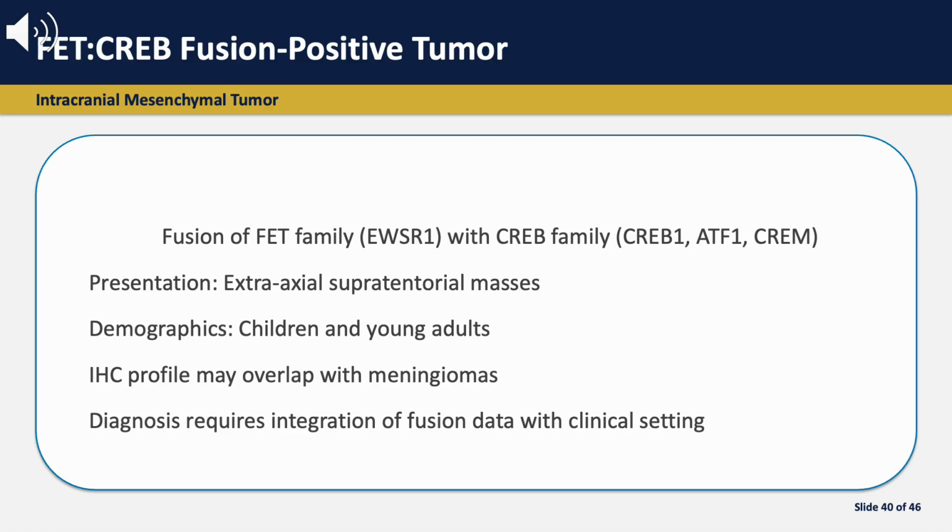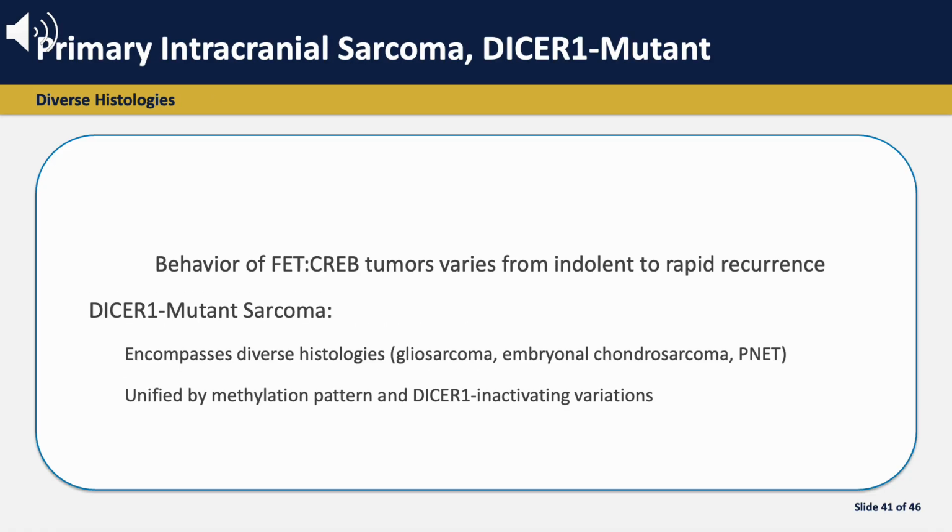Given this variable morphology and nonspecific molecular profile, the demonstration of a FET-CREB gene fusion must be integrated with the appropriate clinical and histologic setting to establish the proper diagnosis. The behavior of these tumors is unclear given the small number of described cases and varies from indolent to rapid recurrence. Primary intracranial sarcoma, DICER1 mutant, is another diverse entity that encompasses histologies such as gliosarcomas, glioblastomas, embryonal chondrosarcomas, rhabdomyosarcomas,